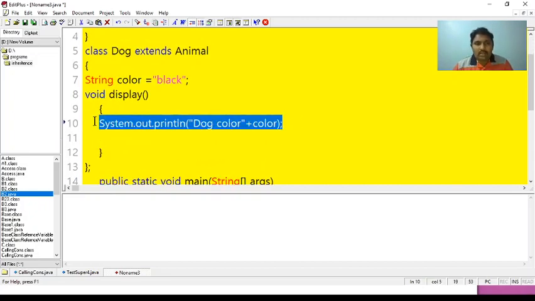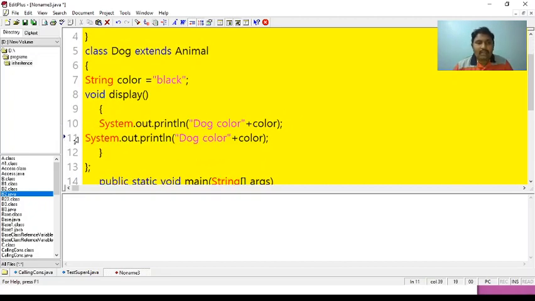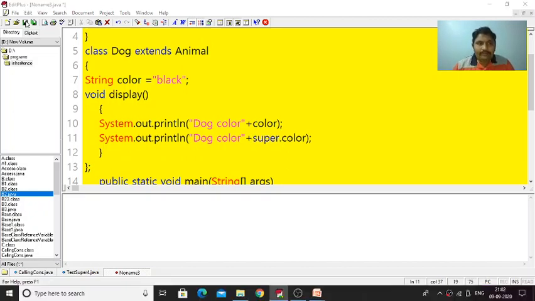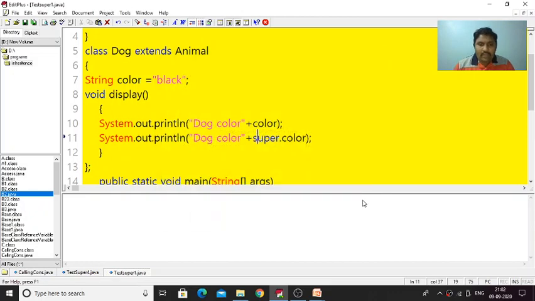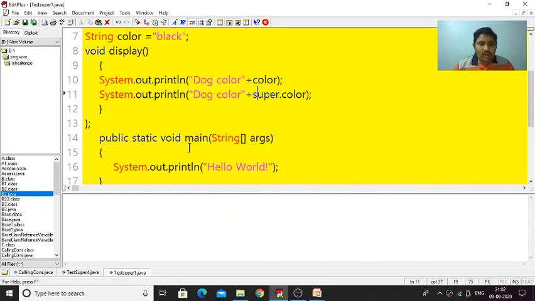Here we can mention super.color. So like this we have written one simple program.